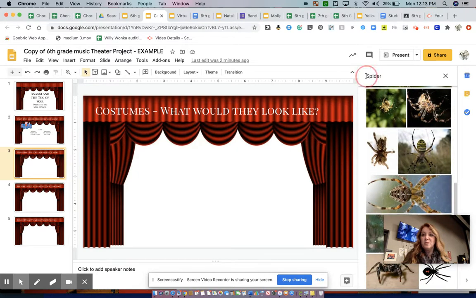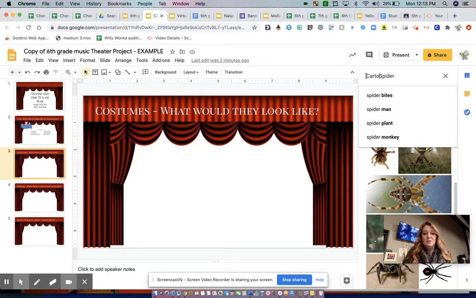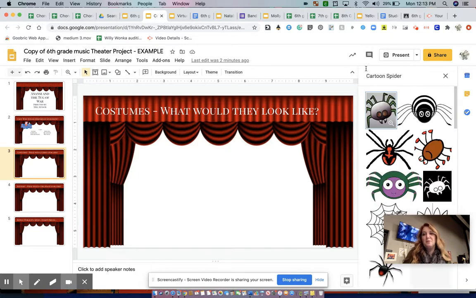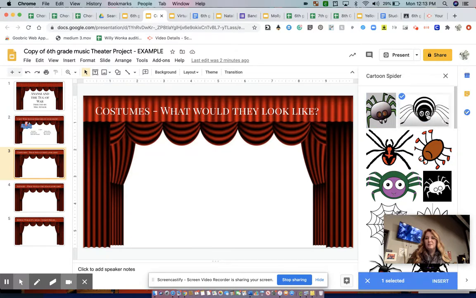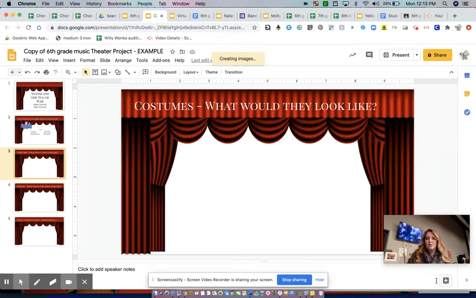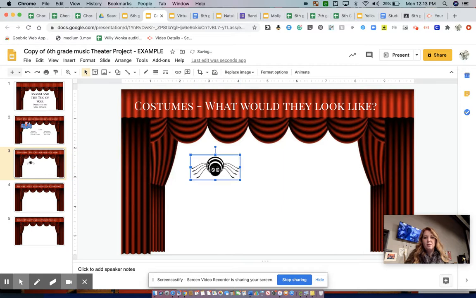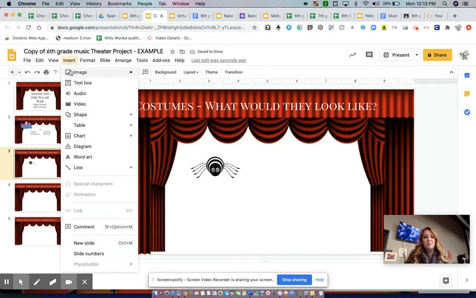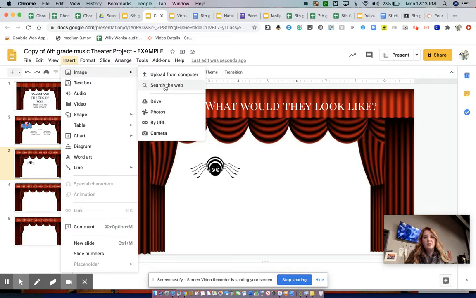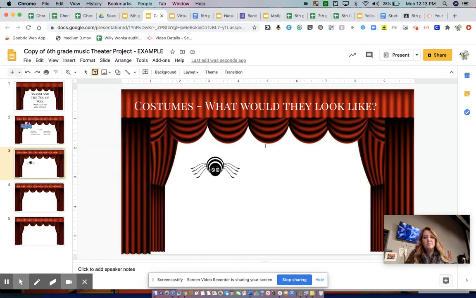So, maybe you want to put cartoon. There we go. And now we have maybe some cuter spiders. So what would they look like? Well, now Anansi's like a little too big, so we're going to make him smaller. And then maybe beside him, I'd put in a text box to show